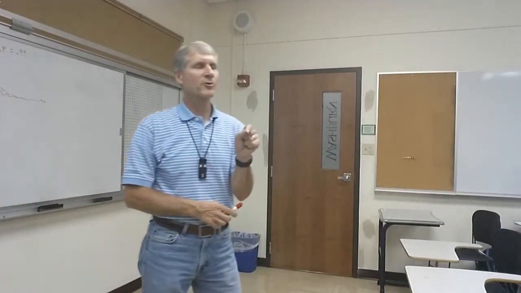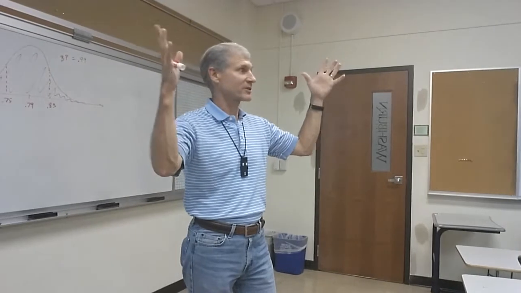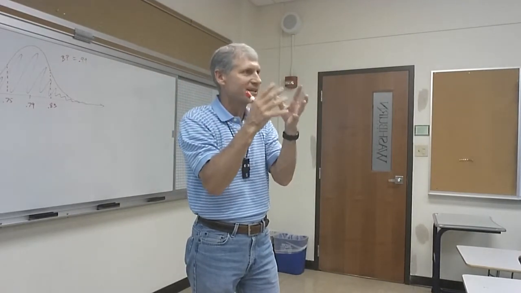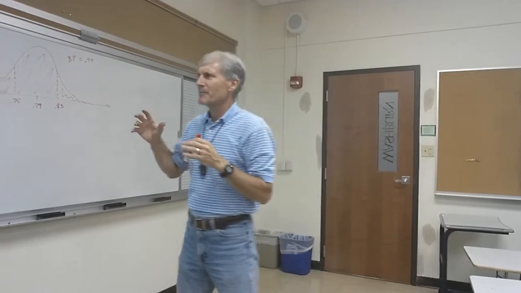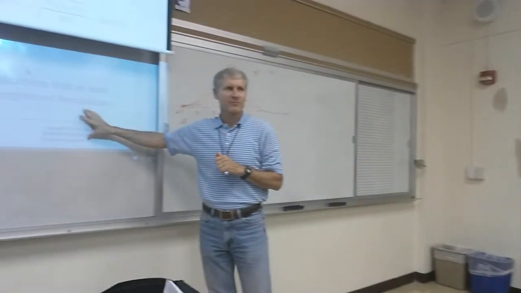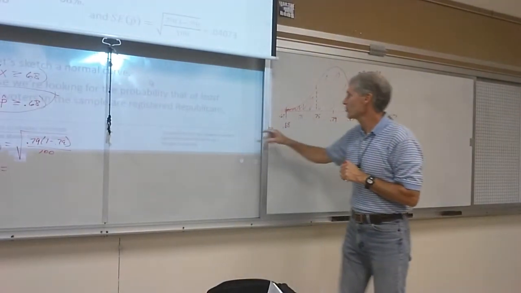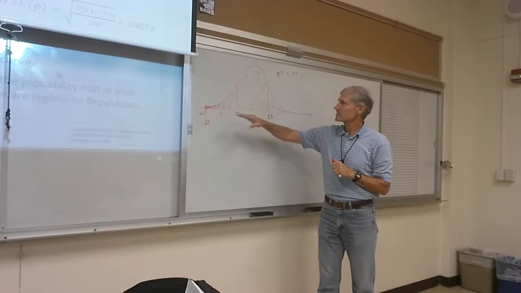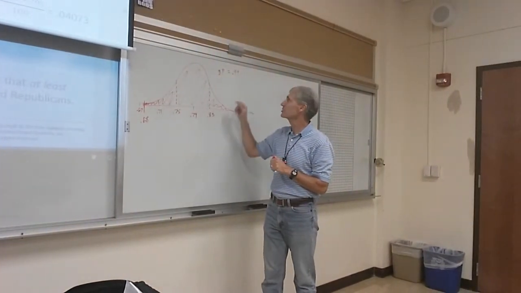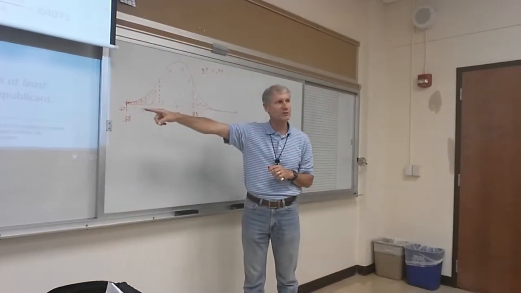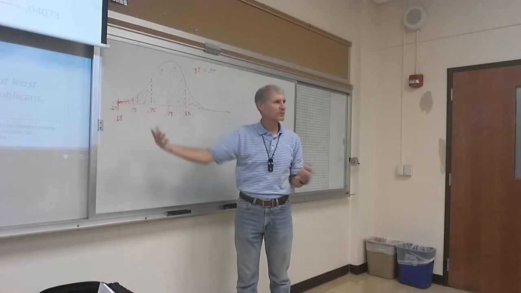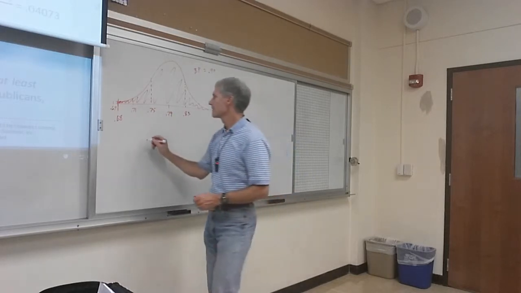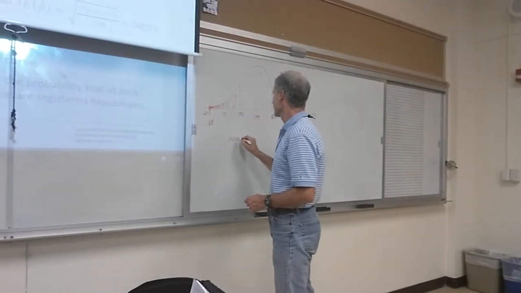See, students at this point sometimes lose track of the big picture. They're down in the trees. But this is the central limit theorem. The central limit theorem is what told me I could draw the picture like this. Since this is a normal distribution, to find a probability from a normal distribution, I use what? The normal CDF function. So normal CDF